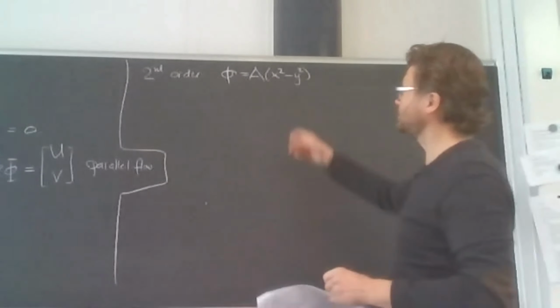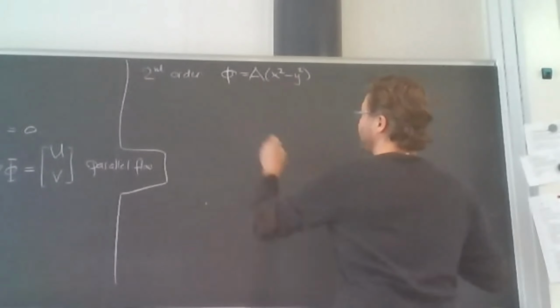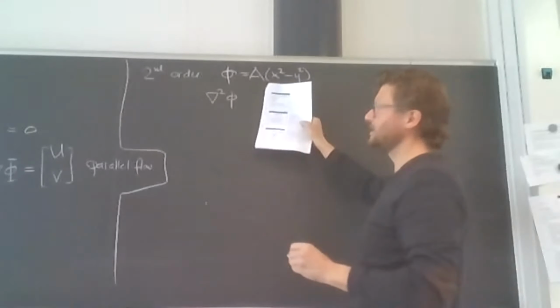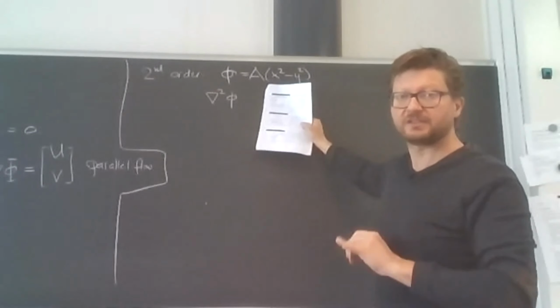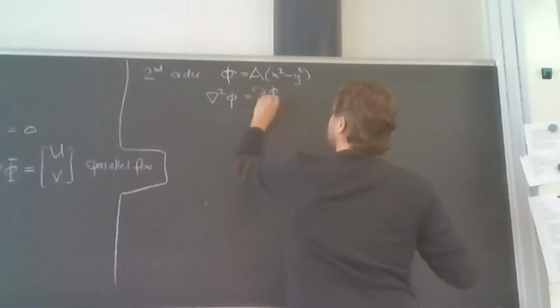The quadratic function, if you take the second derivative of that, it's not zero, right? It's non-zero, so the second derivative d phi dx squared